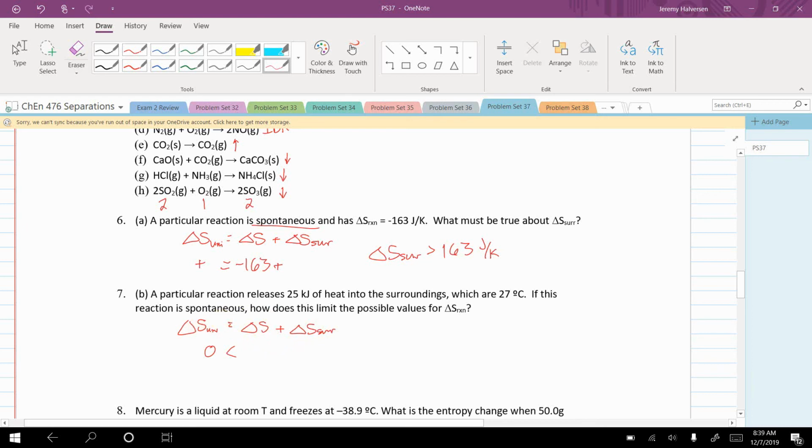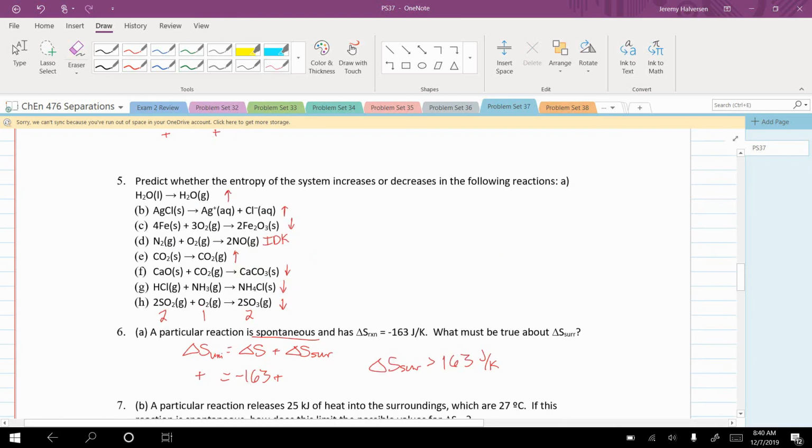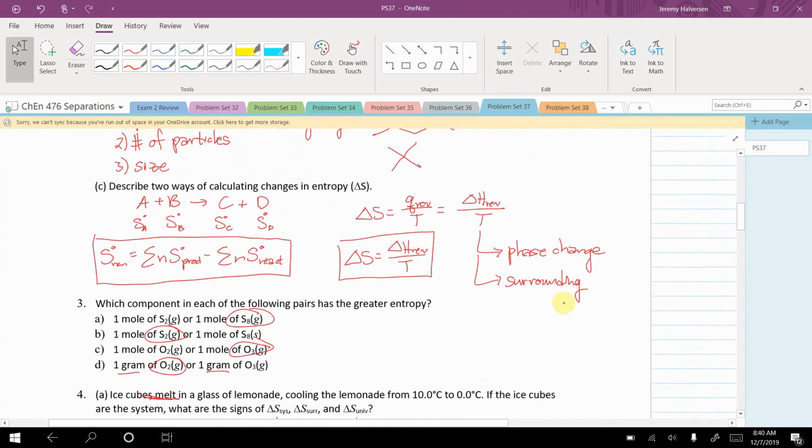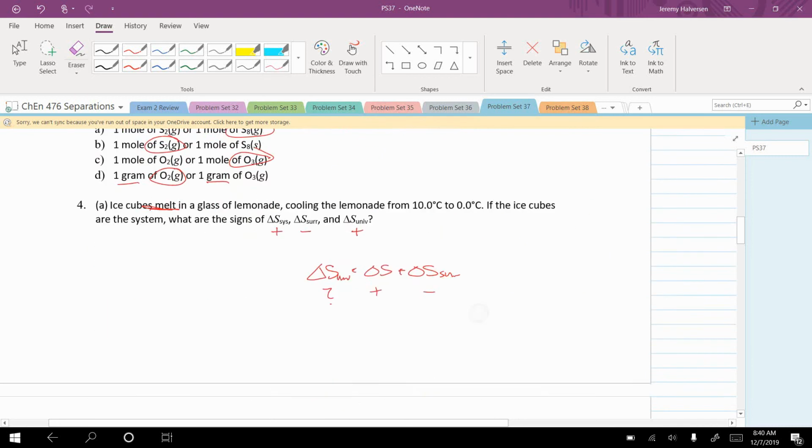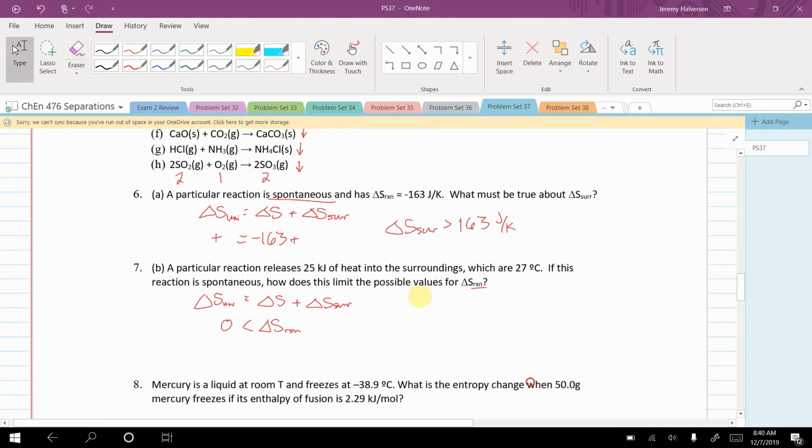And we're trying to figure out delta S of the reaction. So that's our system, and I'll write reaction. And then I need to know something about delta S of the surroundings. Well, how do we figure out delta S of the surroundings? We talked about that up here. For the surroundings, because I'm adding heat into them or taking heat out of them and nothing's changing the temperature, I can use that the delta S of the surroundings equals the delta H of the surroundings over the temperature of the surroundings.